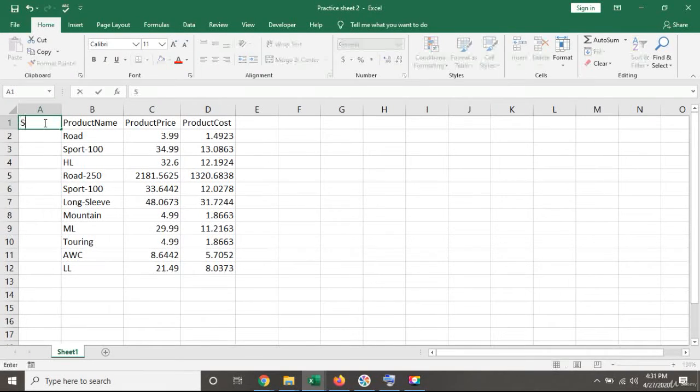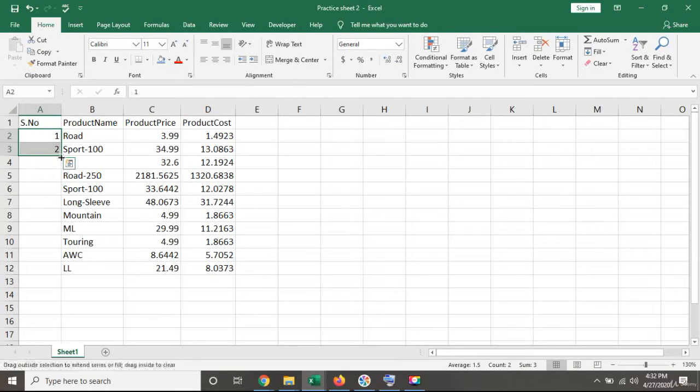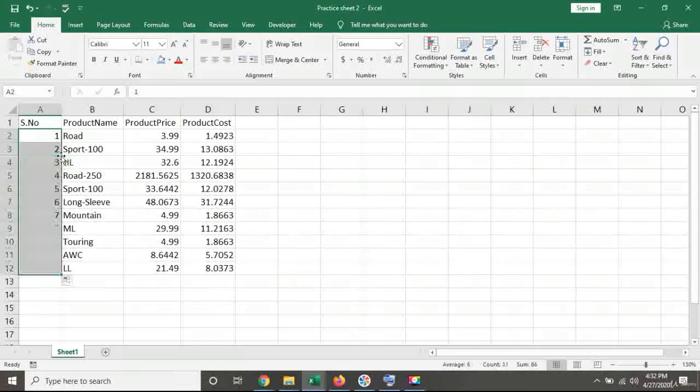I will give it a nice heading, that is serial number, and now I will give the numbers 1, 2. I can keep on doing this, but there's a smarter way of doing it, and that is to just select these two numbers and drag down till the end. Or if you don't like dragging down because there are thousands of rows, I will just undo it for now. Just double click here on the corner and Excel will go till the end of the data to add the numbers automatically. Okay, so now we have serial numbers, product name, product cost.